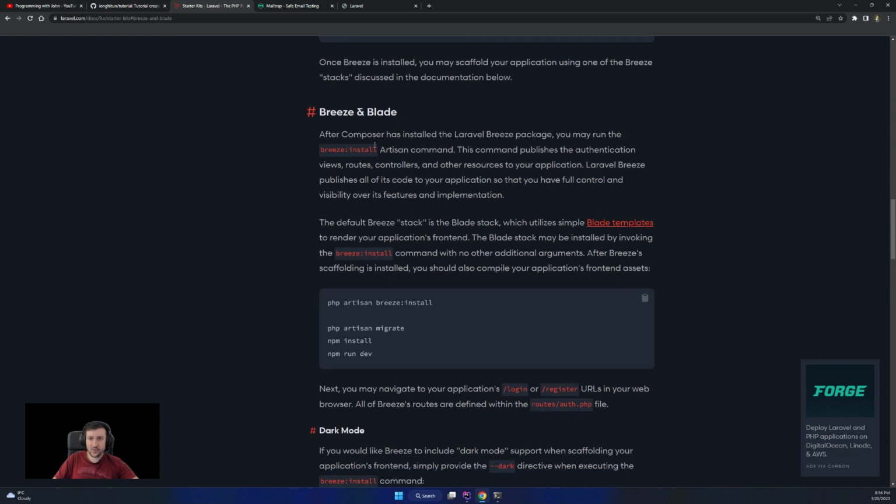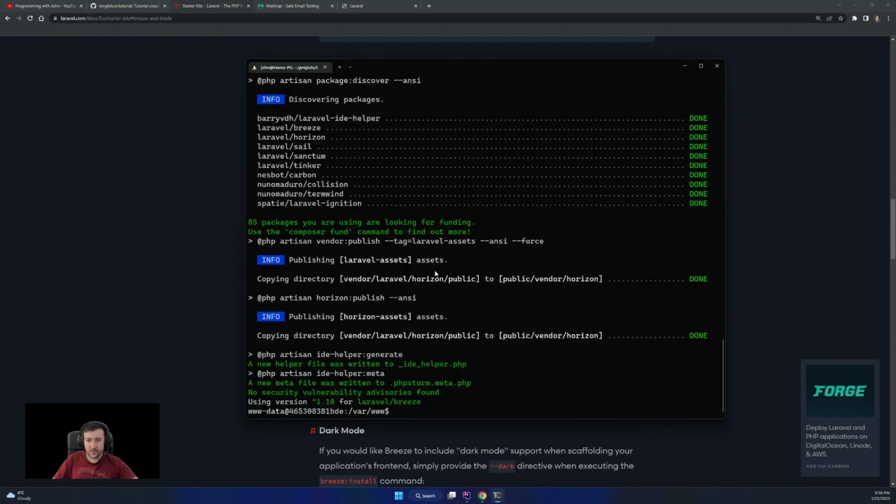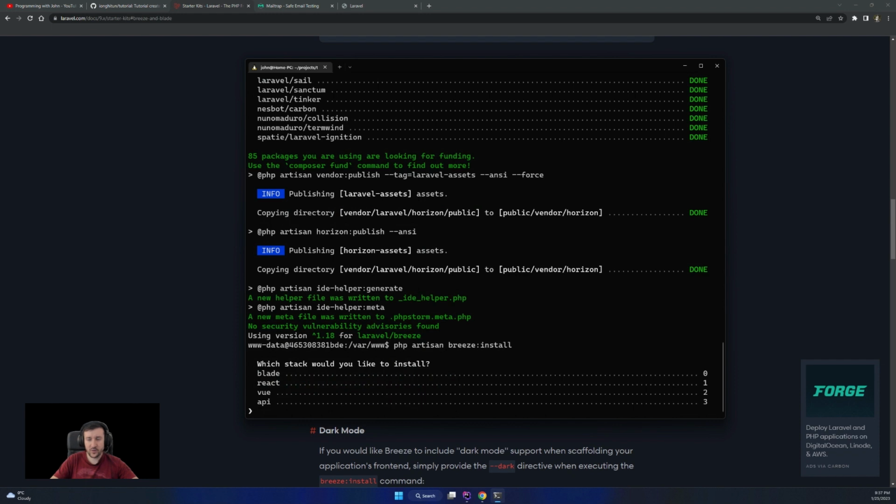Following the steps for Breeze and Blade, we have Breeze installed, but this is not actually just for Breeze and Blade, it's for all of them, because we will see in a second why. Running this Breeze install will give me some questions. Which stack do I want to install? I want Blade, so I enter 0.